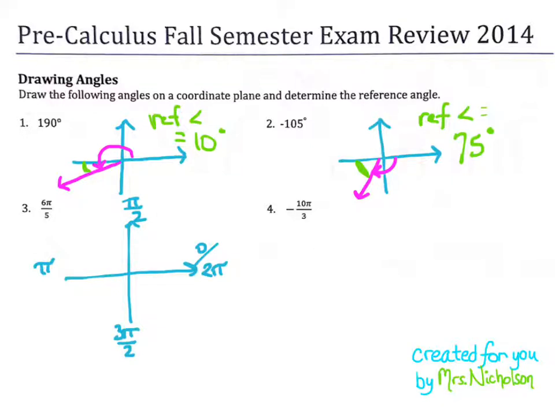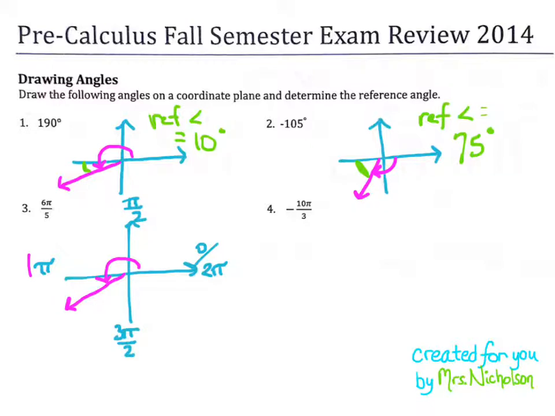So our first angle here is 6 pi over 5. And it's positive, so we're going to start at the x-axis and we're going to go up. And I'm thinking about the fraction 6/5. Is that going to be bigger than 1/2? And yes, it is. My next axis marker is 1 pi, and 6/5 is bigger than 1, but it's not bigger than 3/2. And so that means that my angle, again, is going to terminate in the third quadrant,